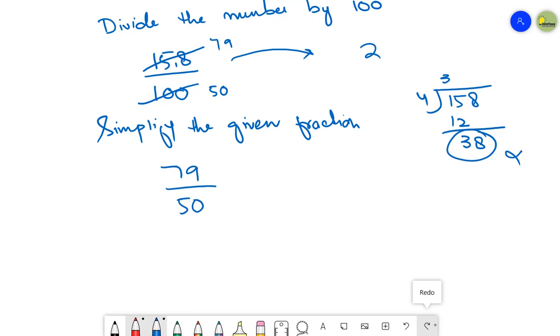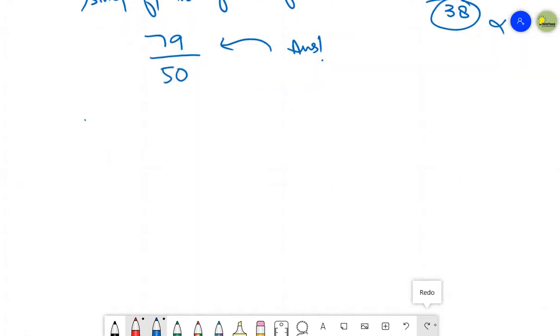This is my fraction. Now I need to see if this fraction can be divided by a common factor again or not. If you cannot further cancel it by a number, then this fraction is going to be your answer. So you can simply write that the percentage given to me, 158%, is equal to 79 upon 50. This is going to be your answer. Okay, class, now let me do part C for you.